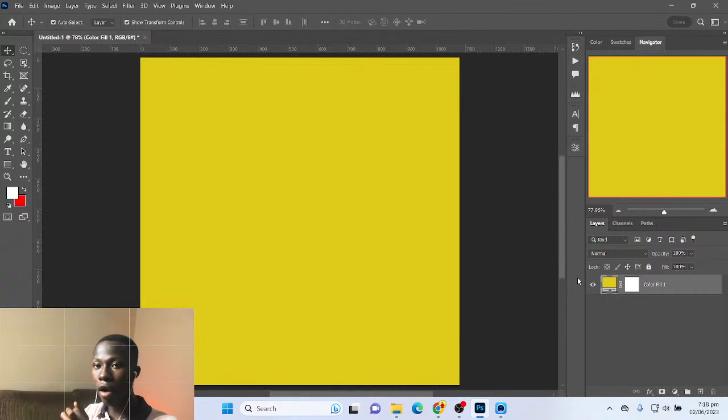Number one is my background, the photo, and then the text. And then I work on this in this order. I always take care of the background first, then I move next to